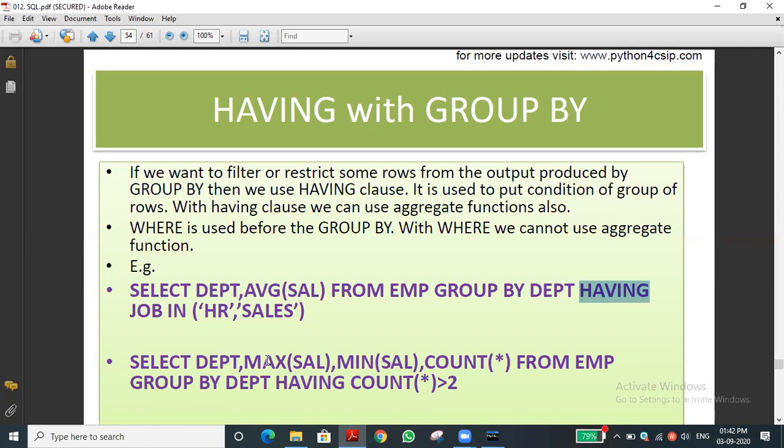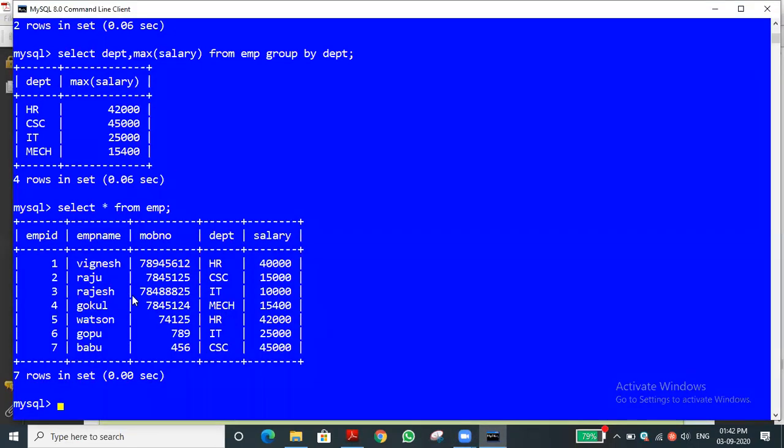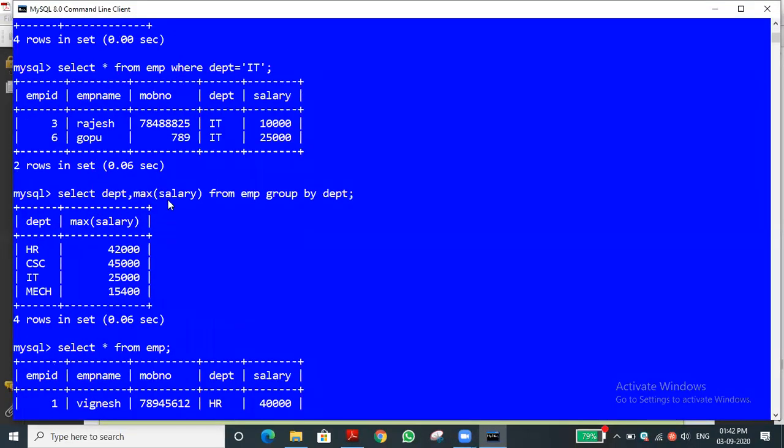I will show the SQL command so you can understand. So I'm using group by. You can see maximum of salary from EMP group by department. What will it do? Totally 4 departments are there. It will return the maximum salary. Am I right? Yes, sir.